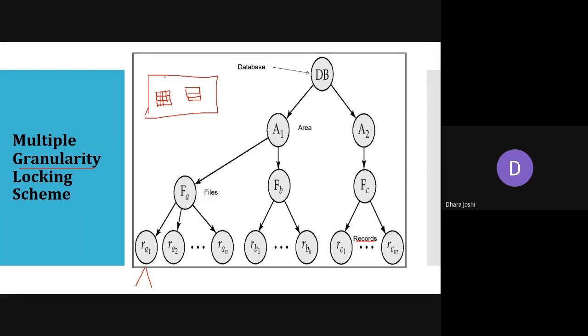If I lock this database itself, it means nobody else can use the database in parallel. That simply means that all the items available in the database need to be locked. If I am locking a file, that means I am locking each and every record available in the file.